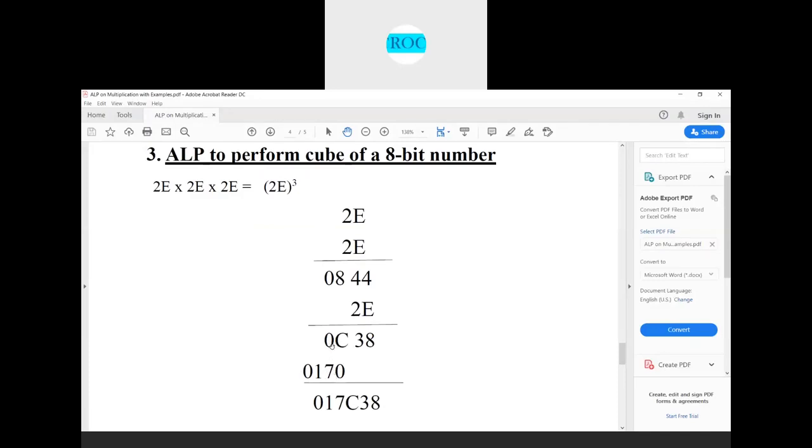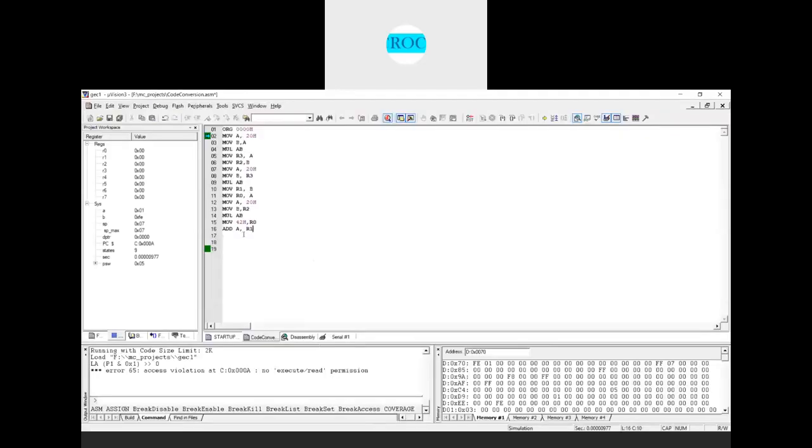So that what I do, add A comma R1, and this I'll move to the memory location 40H comma A. The result after when we add the contents of A with R1, the summation result will be stored in accumulator. So that now I'll move that result into 41H here.